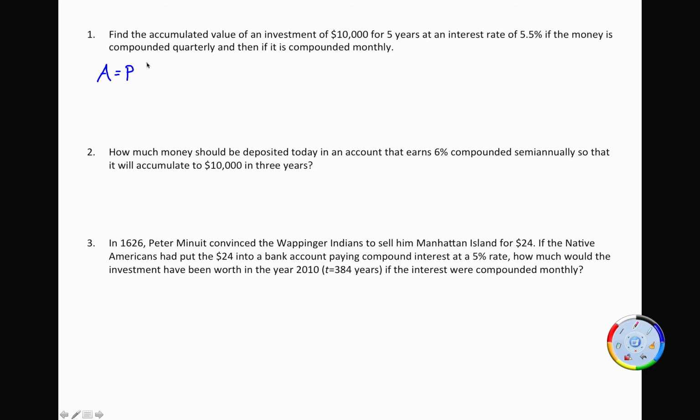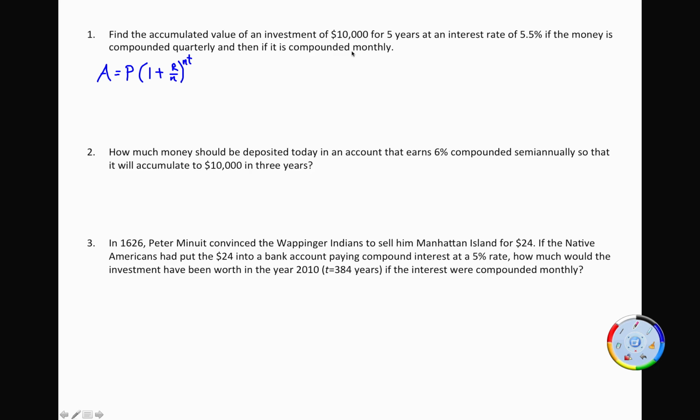First of all, the key to working all of these problems in Chapter 8 is going to be able to, first of all, pick the correct formula we need to use. Second of all, be able to know which values get plugged into which places in the formula. And third, be able to make our calculator tell us the correct answer. Okay, so here's the formula I need because it's compounded quarterly, and then I'm going to use it again for